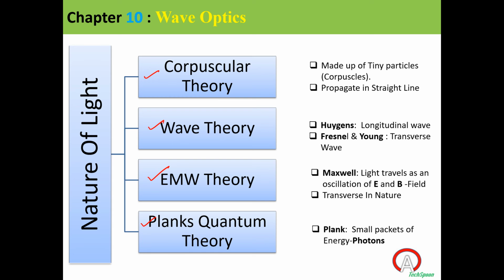Planck's quantum theory says that light is made up of small packets of energy, which have a quantum of energy. We call those packets what? What will we call it? We will call it as